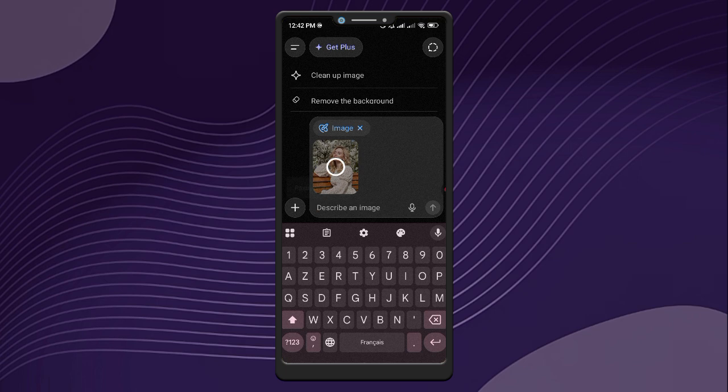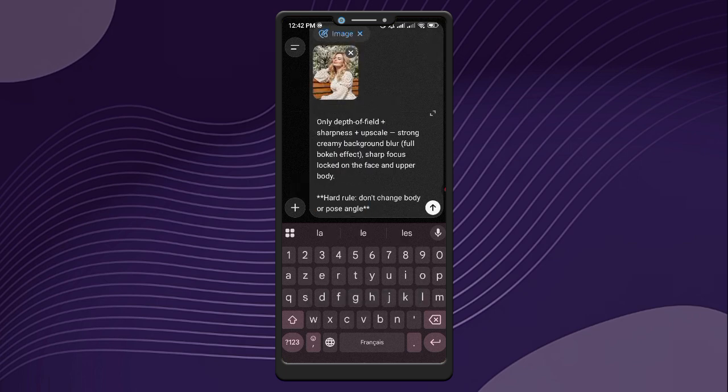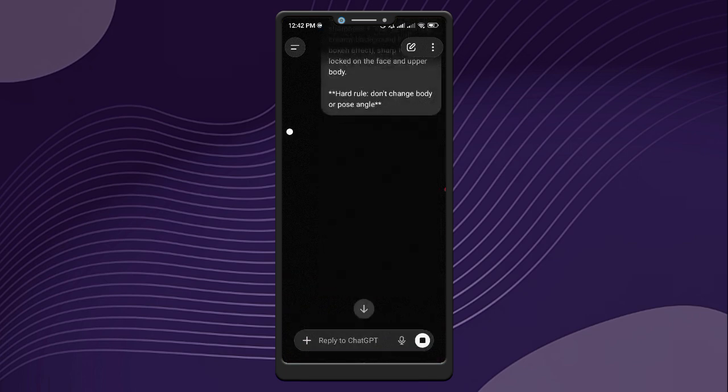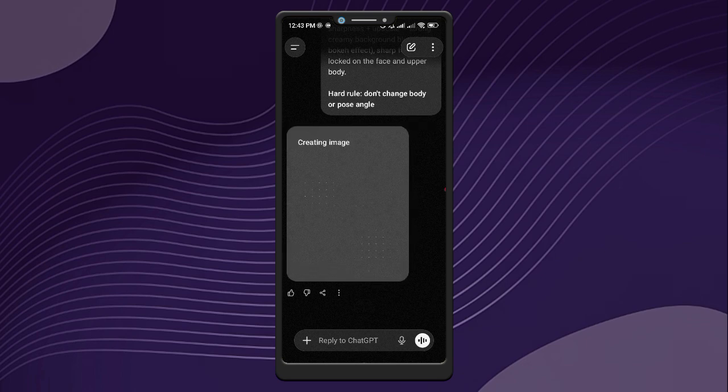Once your photo is uploaded, just paste the specific prompt right here. I'll show you where to grab this prompt later in the video. Now, it takes a little bit of time for the AI to generate the new version, so just hang tight